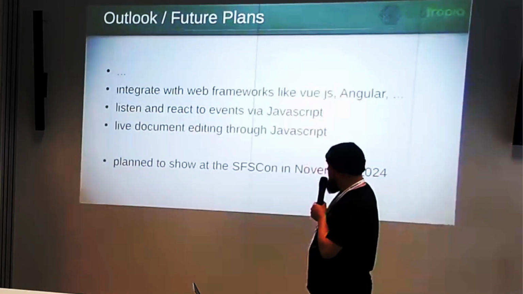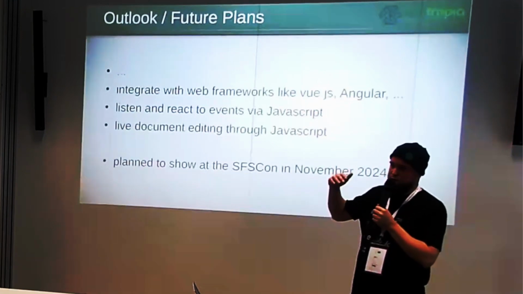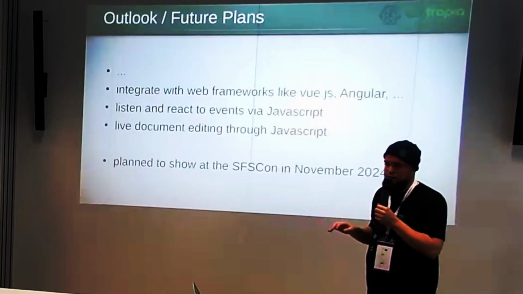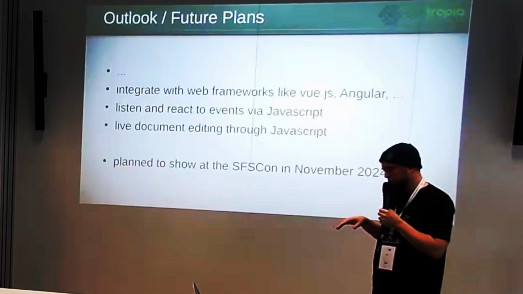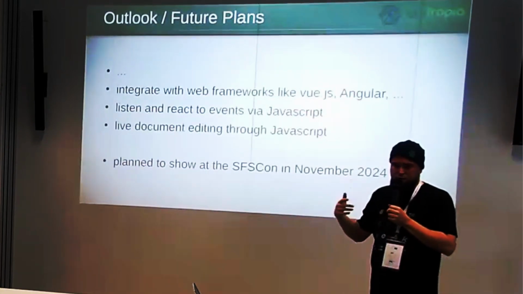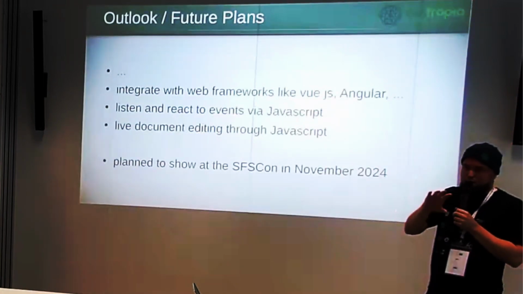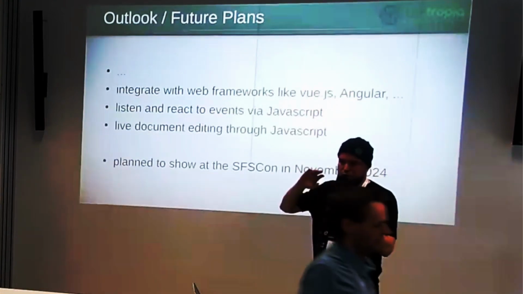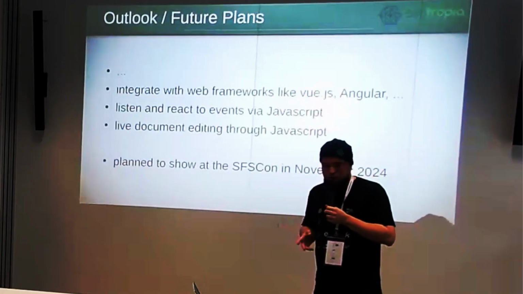Another thing will be that you can react to events. So when there's something happening in the LibreOffice, like the user is typing in letters, you can react to these events from your JavaScript code and do something with it. And if you edit something in the document, like I did in the demo, edit some string, you just see that live in the LibreOffice views you have there. You don't have to convert it to a PDF and throw it into the Chromium PDF viewer or something like that. So we are very actively working on that,